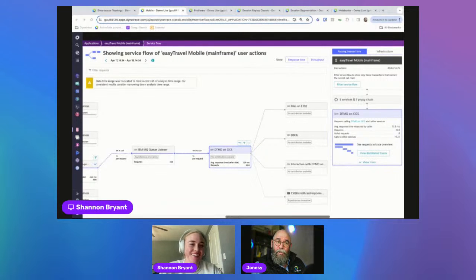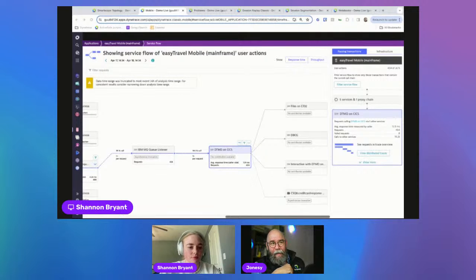Sometimes we just take a shortcut or do something and not think about the downstream implications. So maybe I make a request off to the mainframe for a piece of information, and rather than storing and persisting it, every time I need that information, I make that request back to the database. So now that single transaction I do on my phone when I hit submit might go back and actually hit that mainframe for the exact same piece of information 5, 10, 50, 100 times during the exact same